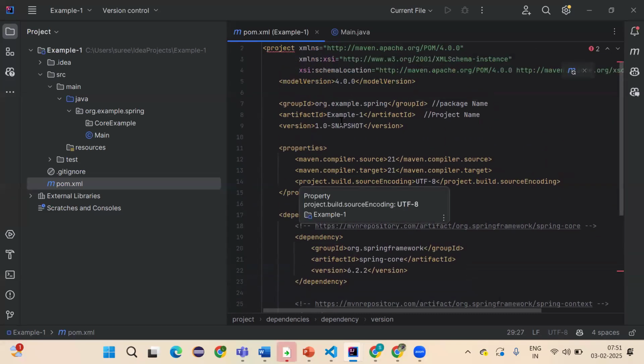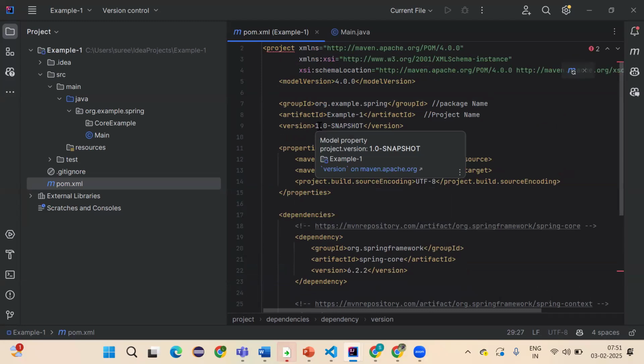What is group ID, project name artifact ID, version? Huh? Project name and file name, can we declare as artifact ID? No. Why? Because